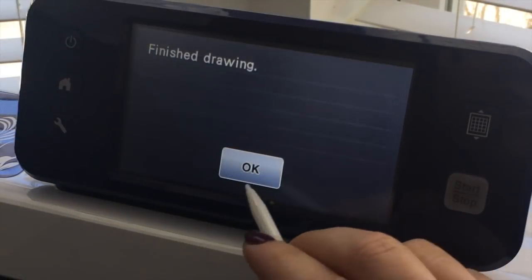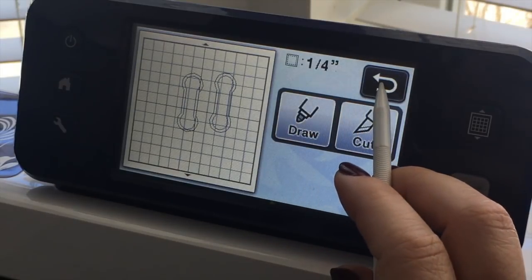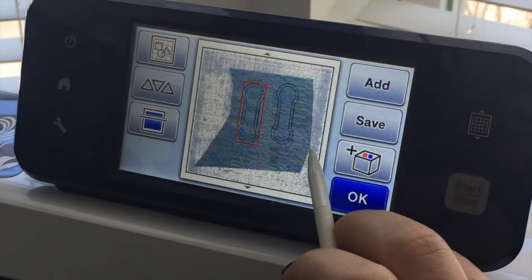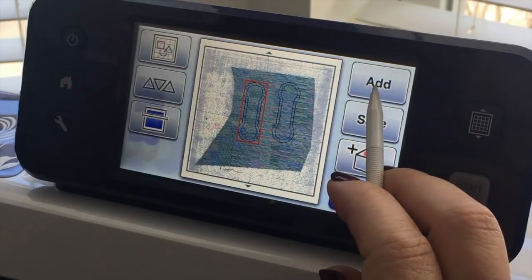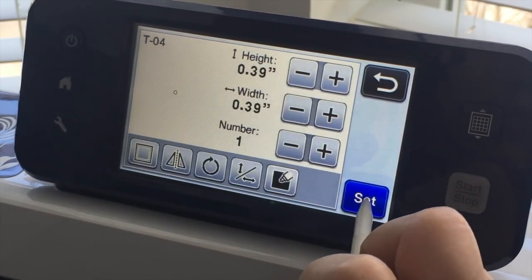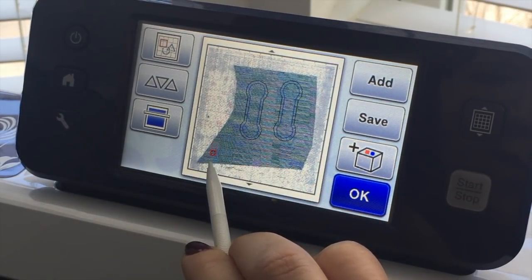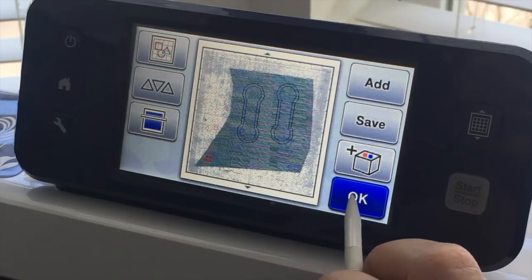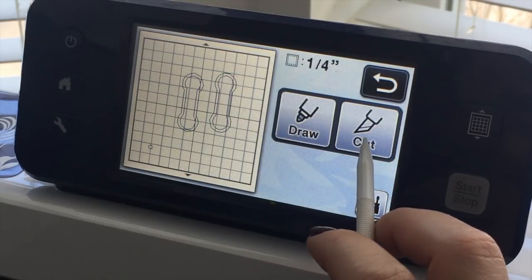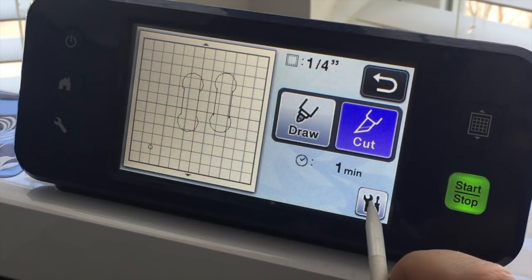make. On the screen, I'm going to choose OK. Then I'm going to go back a step. I want to add a test. Let's do this circle. It comes in up there, so I'm going to drag it down so it'll cut in the lower corner. Okay. Before I cut, and you'll notice that those inside drawing lines disappear, I want to check